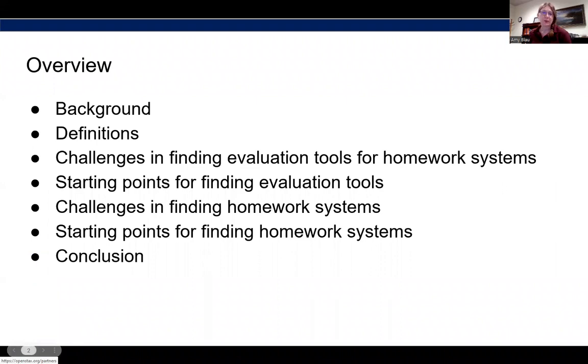Many commercial textbooks, especially in STEM fields, are paired with extensive ancillary materials such as homework systems and other integrated digital learning tools. A perceived or actual lack of satisfactory homework systems can be a hindrance to the adoption of OER textbooks. After going over a few definitions, I will address some of the challenges in both finding and evaluating